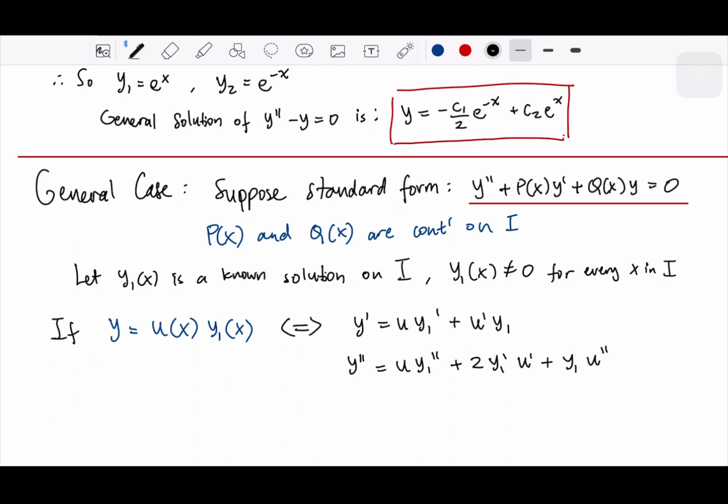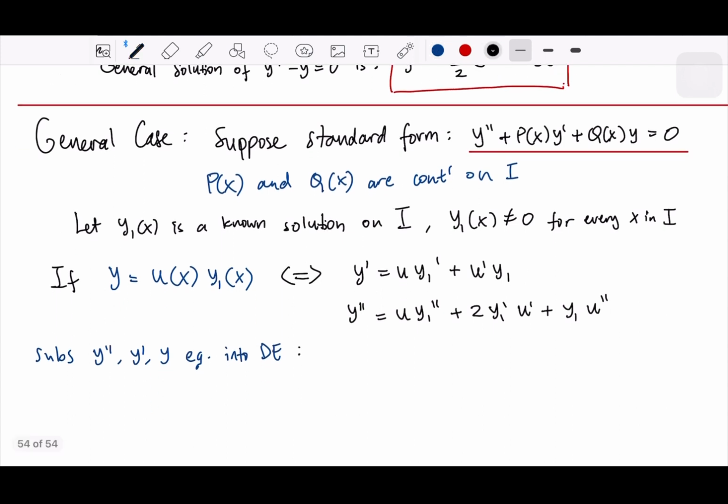Now let's put all this together, y double prime, y prime, and y, into our general equation, the differential equation. So substitute the y double prime, y prime, y equations into the differential equation. It becomes y double prime, we could write